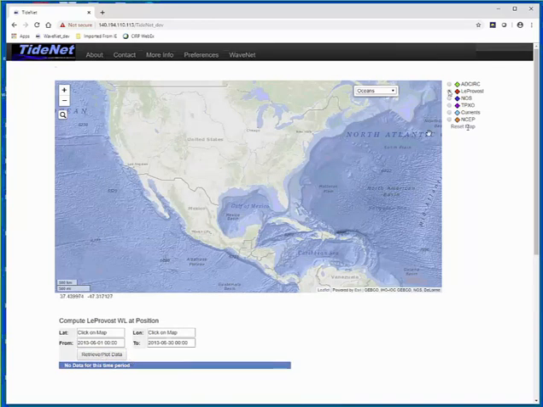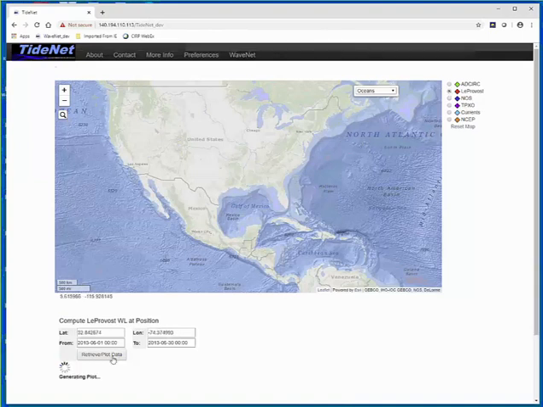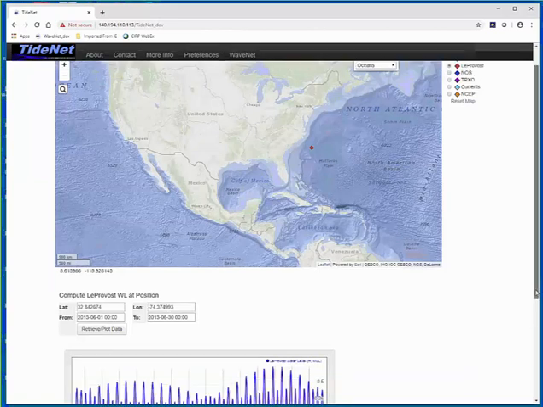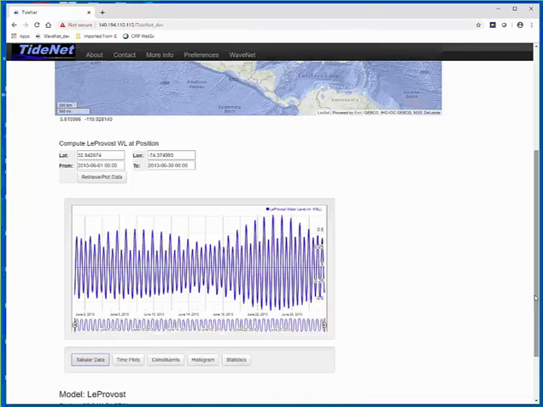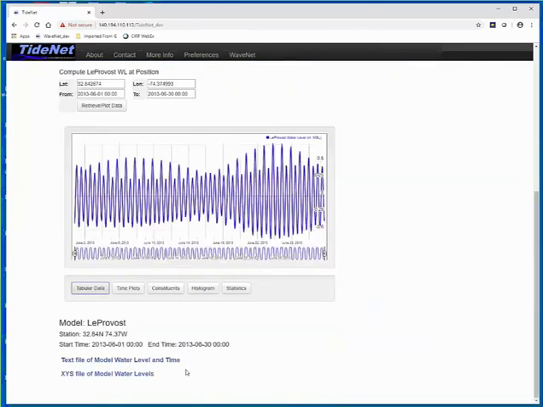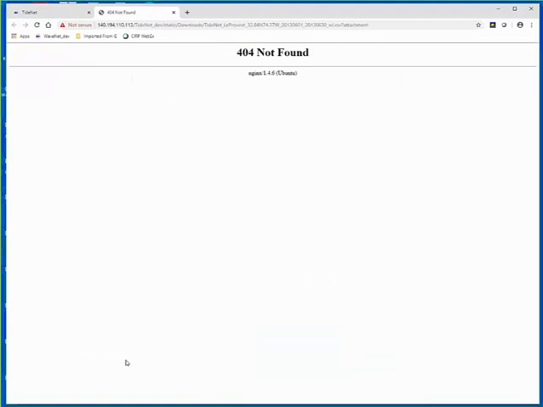No data at that particular location, it says. Oh, I didn't click anywhere, that's why. Okay. Okay, the title record is shown right here. Tabular data is there, and let's see if we don't get 404 error. 404 error is also related to the network problem, and sometimes you will get this, and sometimes you will not get that. Okay, so if there is a data communication, there's a data loaded.